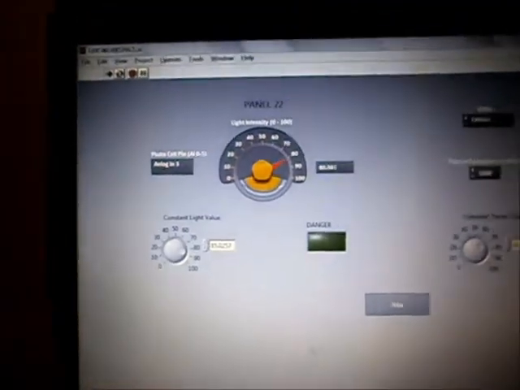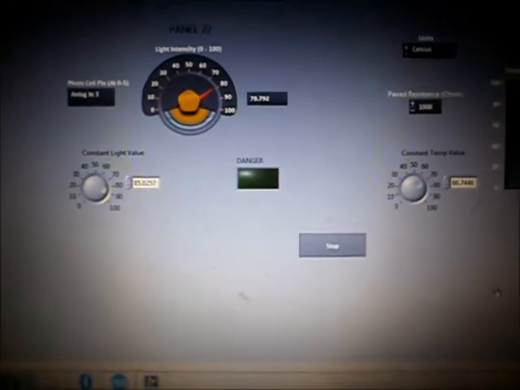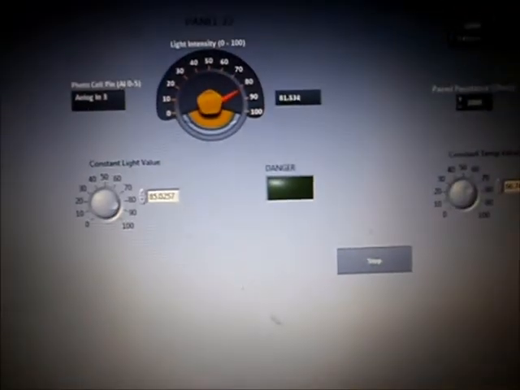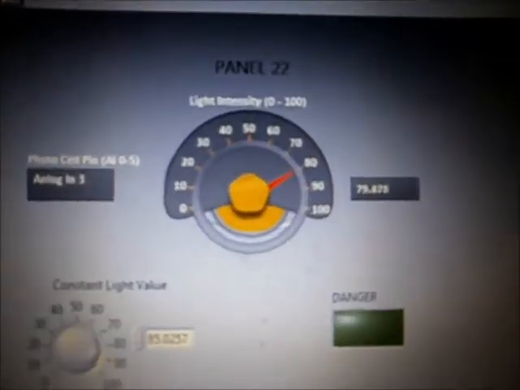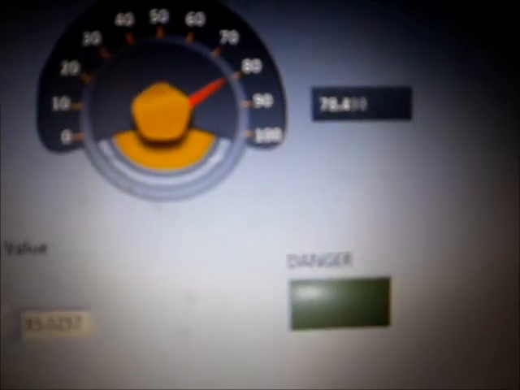Since, to save time, I'm already running this VI. Now if you closely look, I'm getting a value of around 79 to 80 in my dial gauge, and I've set my safe value as 85. That means for any value that I obtain at or below 85, my alarm should not go on. But if this value goes higher than 85, suppose 87, I want the alarm to instantaneously go on. That is, my warning system would consist of the danger LED as well as my alarm.